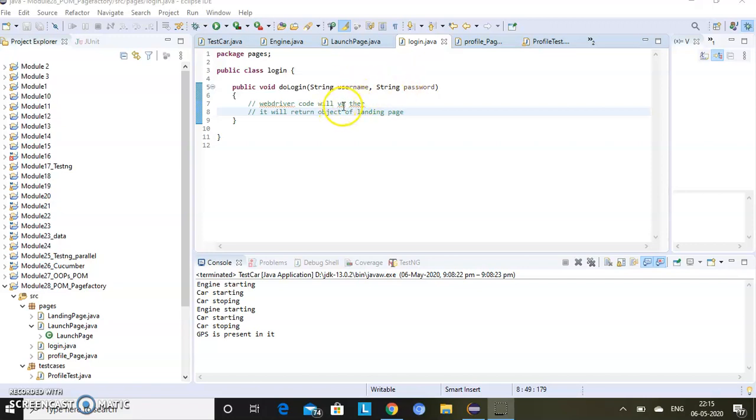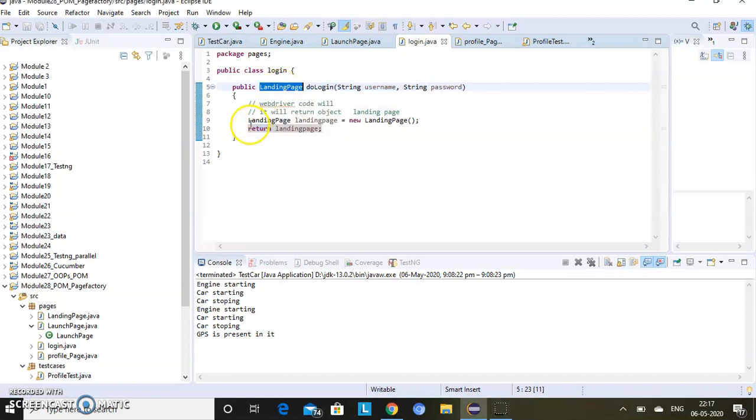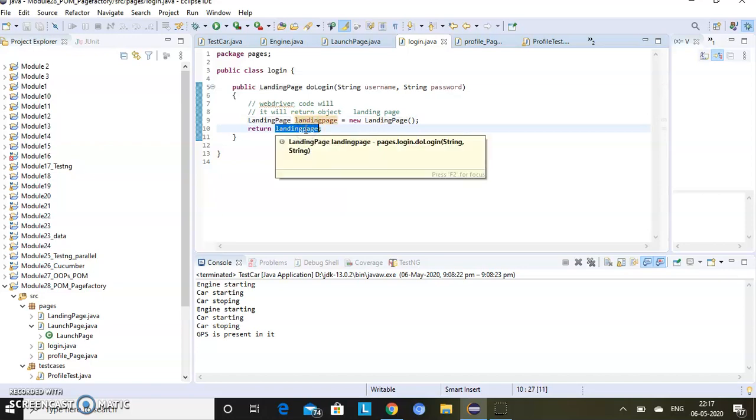As soon as we provide it with the driver code, we need to return the object of landing page, because after providing username and password we will go to landing page. So here I am creating the object of landing page and returning it. Now landing page will return profile page. So see, we are going page by page.